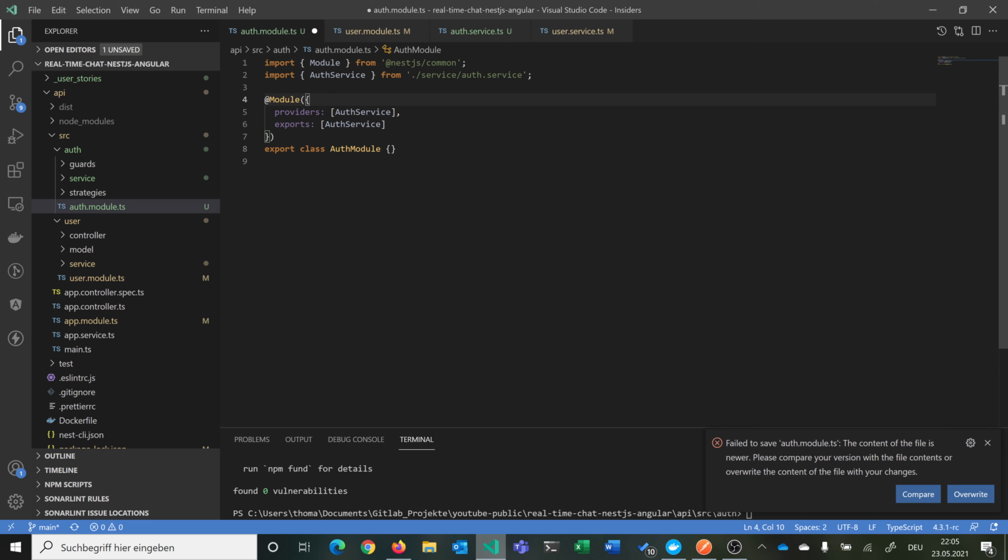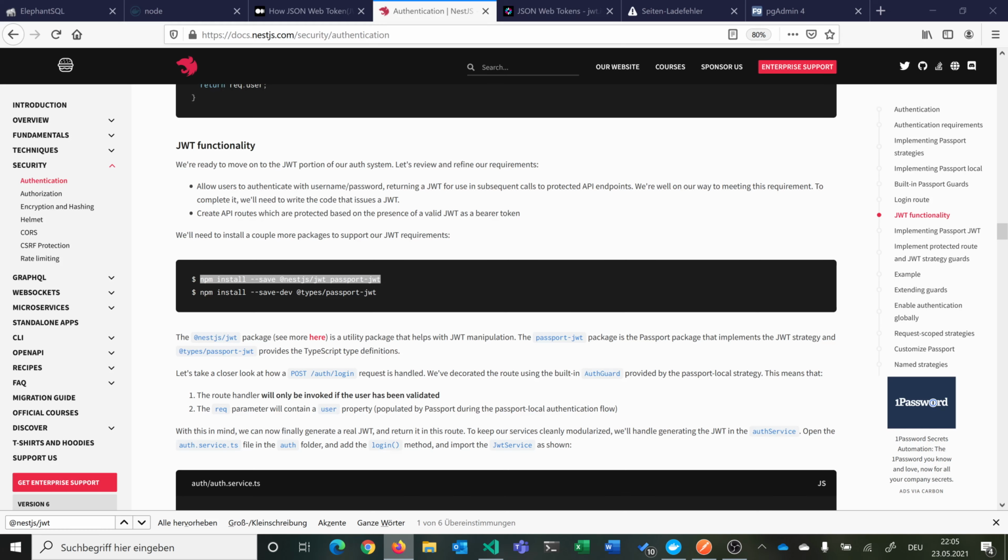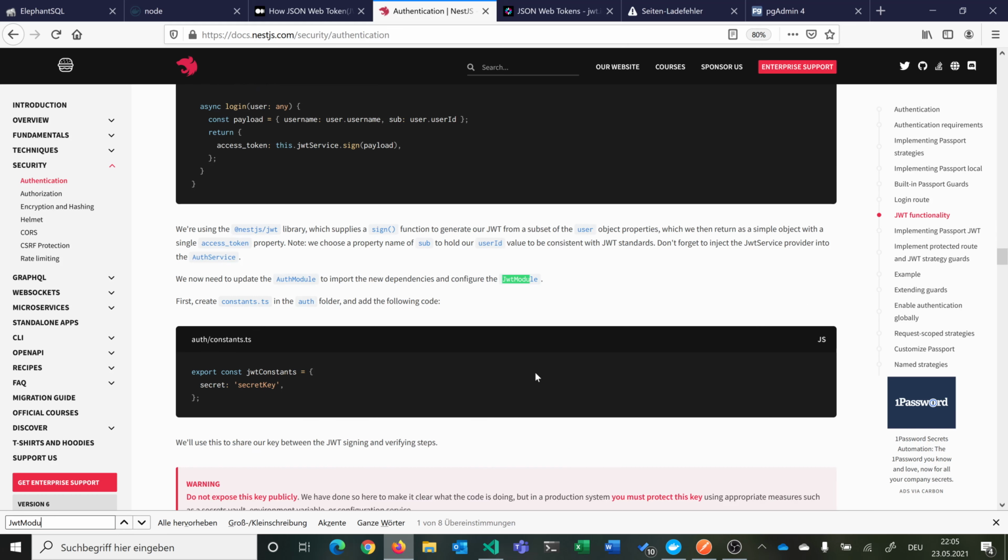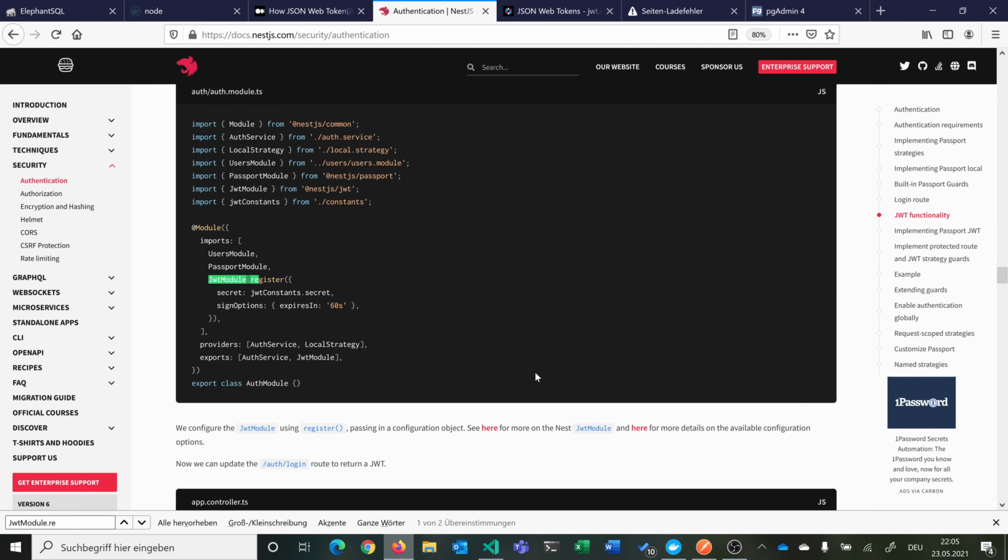And another very important thing is we can also look this up now in our documentation from NestJS, that we have to register our JWT module. So we have to register this here in our authentication module, and we have to make sure that